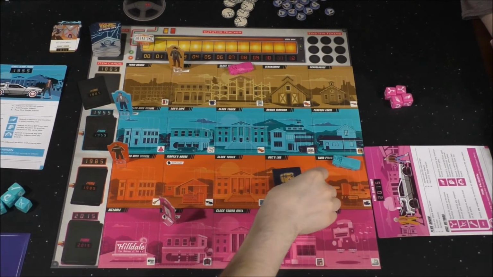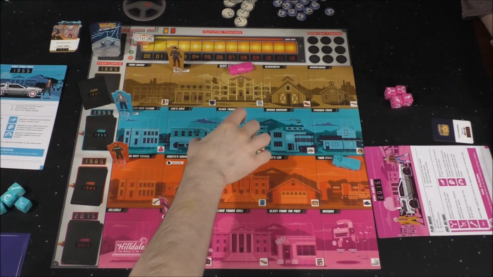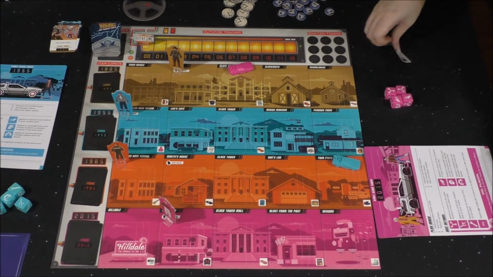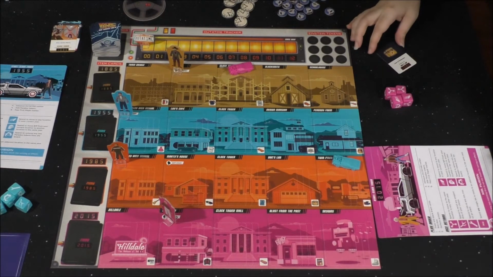So you need to return it down here. So that's one of the 2 items that you have. That's right. 1955 was when Marty went back to save his dad and get his mom and dad back together and all that good stuff. Why are these 1885 and then... Oh, they're just random? Yeah, like you're not...